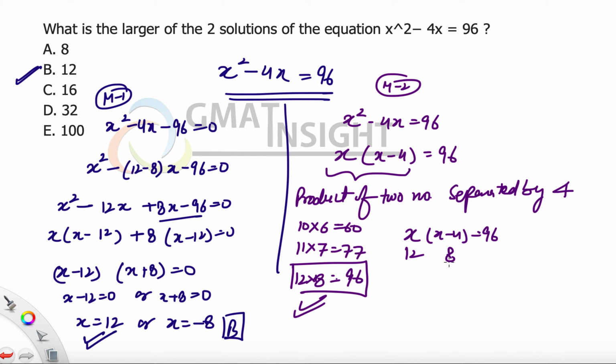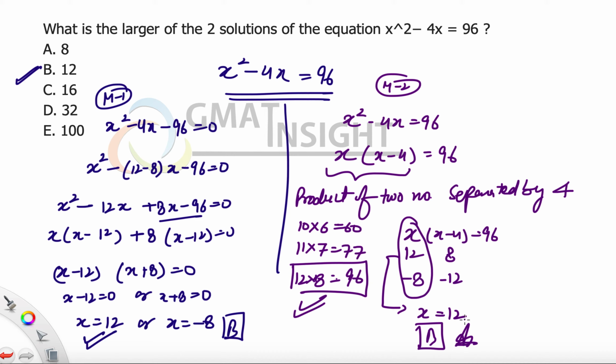The negative solution also could have been thought out like minus 8 times 12. If I take x as minus 8, x minus 4 will be minus 12. But since we have to look for the bigger of the two values, so x has to be 12 because that's the bigger solution, and the answer becomes B option. The second method is really strong because it avoids the simplification of quadratic equations, saves time on so many occasions. All you have to do is just